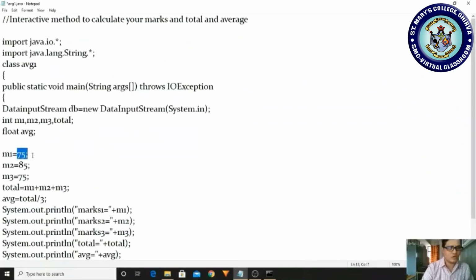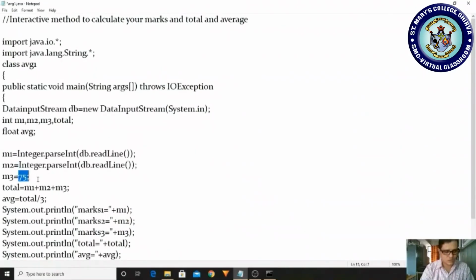Then how to do that? So please observe here what kind of data type you are using, we have to read that. Then how to do that? Integer.parseInt of db.readLine. Okay, yes. Now you can read it. Okay, I'm copying this and I'm pasting here. Okay. Afterwards you are processing and you are displaying the same thing. Clear? Yes, we are reading only the integer value, we are not reading any float values.